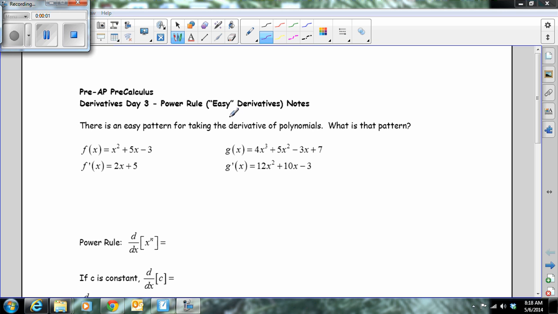This is our derivative day 3, the power rule. Now, you would probably love this lesson because it's showing you an easy way to differentiate functions. Instead of going through the long limit definition, we will find quicker ways. For example, if I have f of x equals x squared plus 5x minus 3,